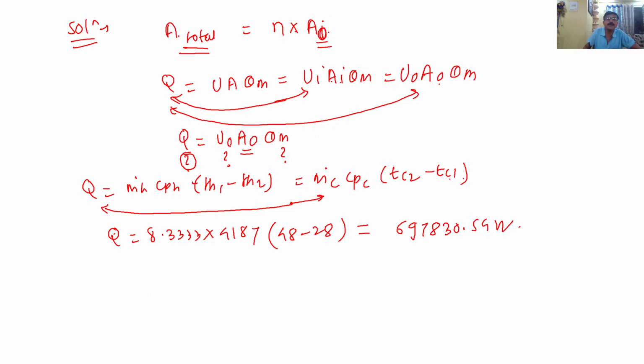Now the next part is to get the value of Uo. What is the formula of Uo? 1 upon summation R. Here, instead of Ai, you have to take Ao, because we are calculating the overall heat transfer coefficient U on the basis of outer area o. So in the formula, instead of 1 upon summation R Ai, we need to write 1 upon summation R Ao. Okay, so next, summation R Ao